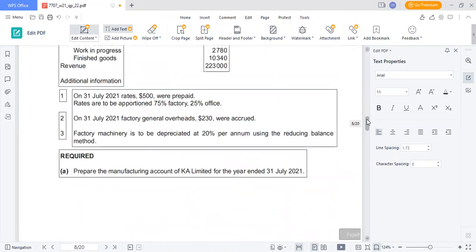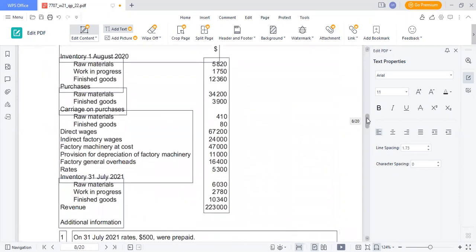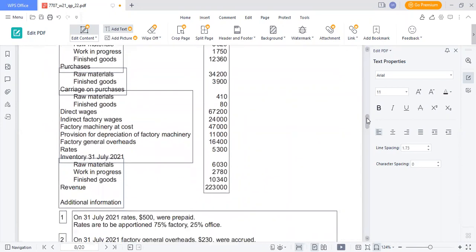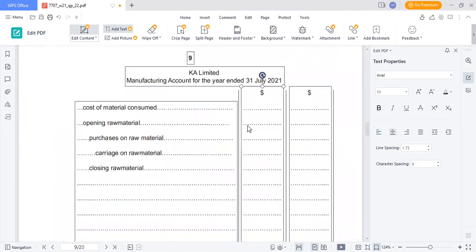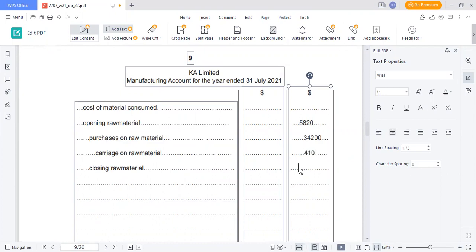Okay, we have opening raw material of 5820, purchases 34200, carriage 410, and closing inventory 6030. Opening 5820, purchases is 34200, carriage is 410, and closing inventory, that will give us